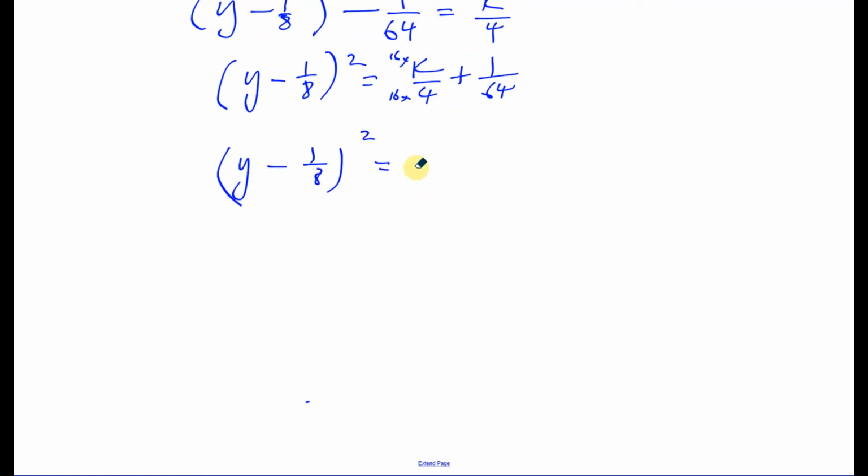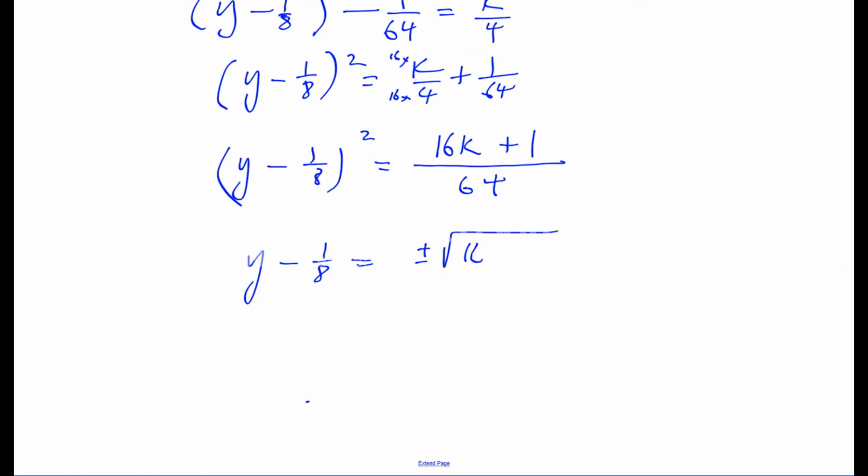squared equals, making this under one fraction now, 16 times 4 is 64, and that's going to be 16k plus 1. So now I can take the square root of both sides. I don't need the bracket now: y minus 1 over 8 is equal to, when you've taken the square root of this side, it's going to be either positive or negative, the square root of 16k plus 1 over